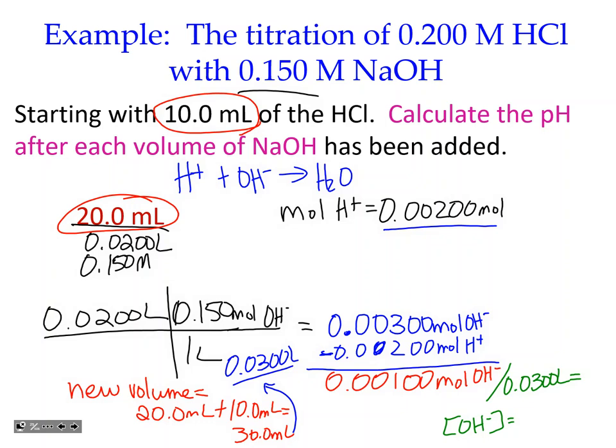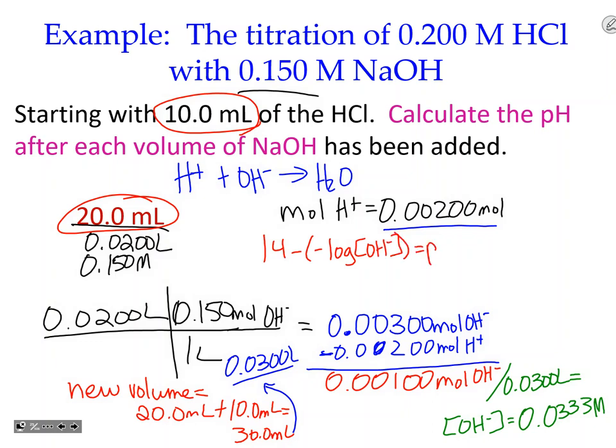Yes, 0.0333. That's great. Exactly right. So our concentration here is 0.0333 molar. Now all we have to do is do 14 minus the negative log of the hydroxide,